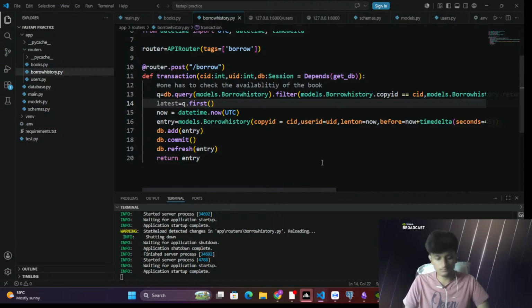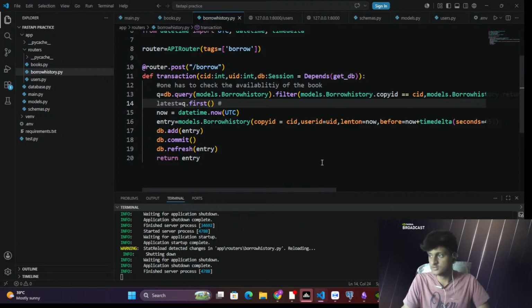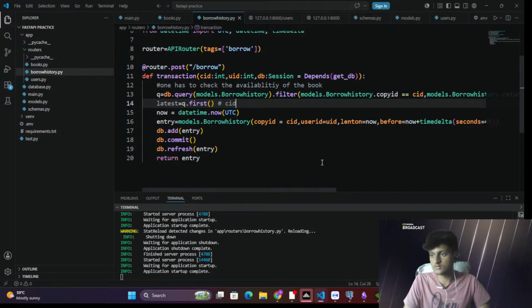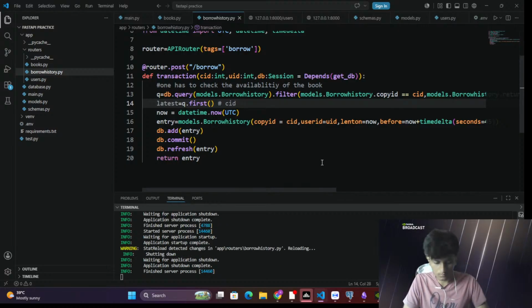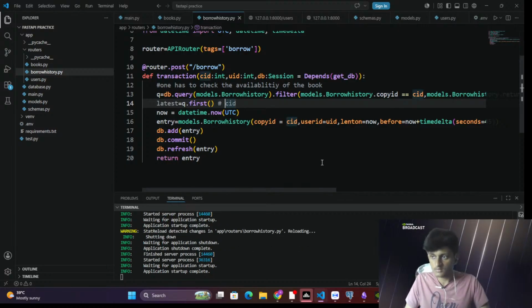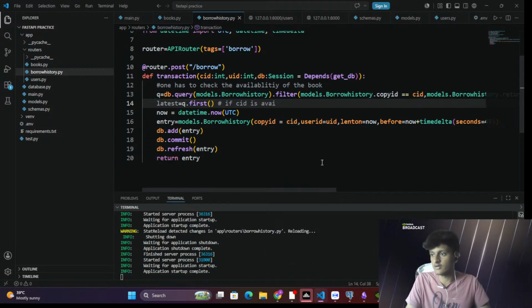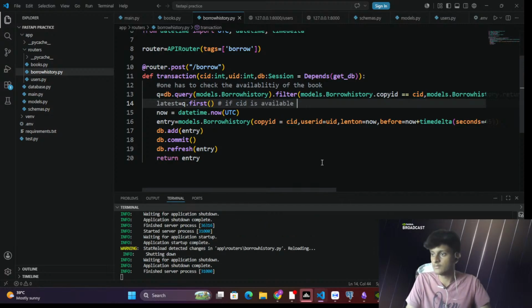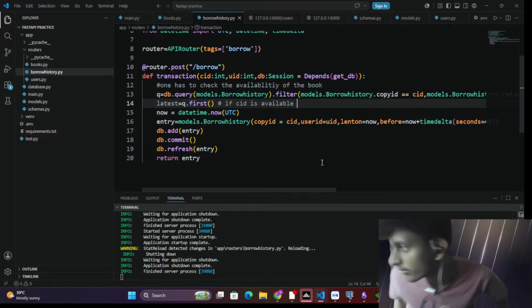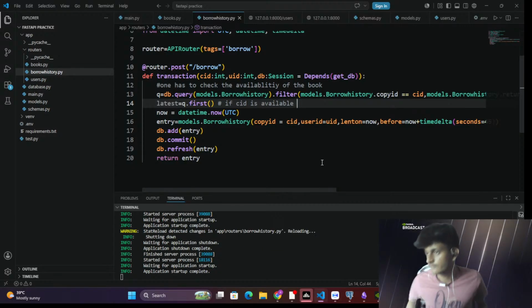What does this give me? This gives me CID, if CID is available. So the borrow history, if it's returned and the